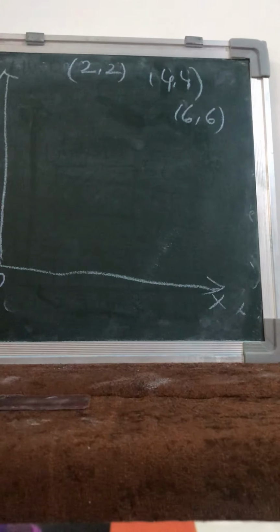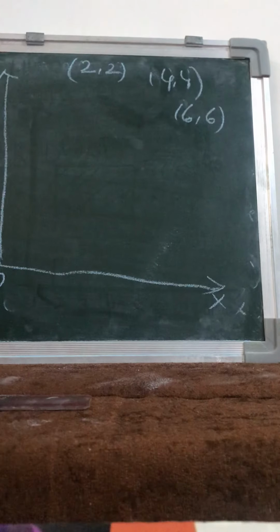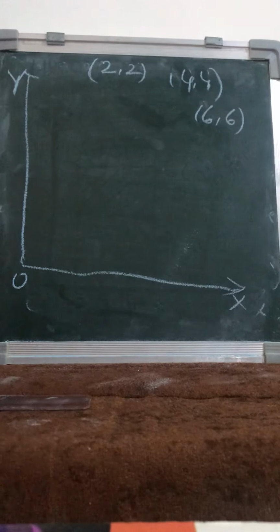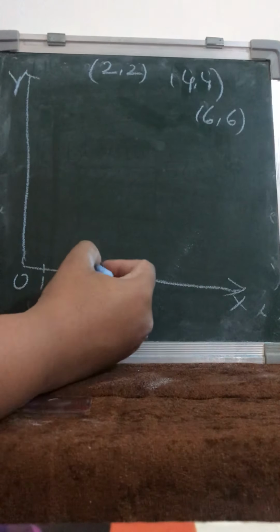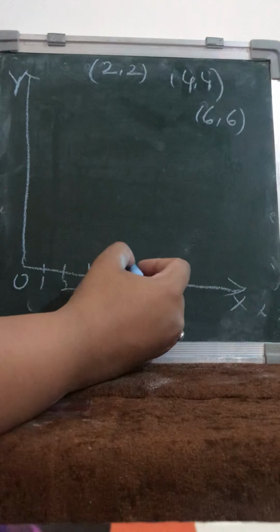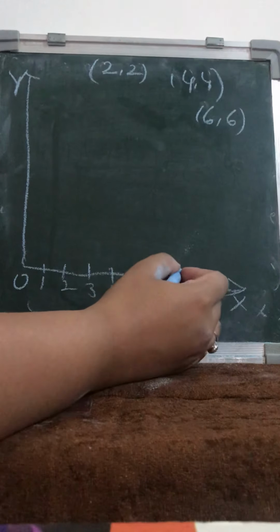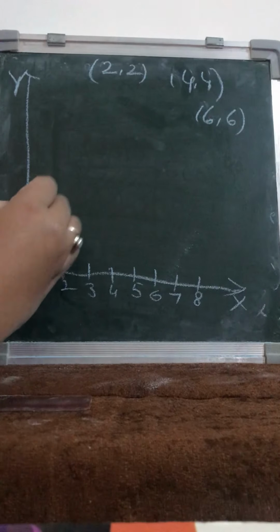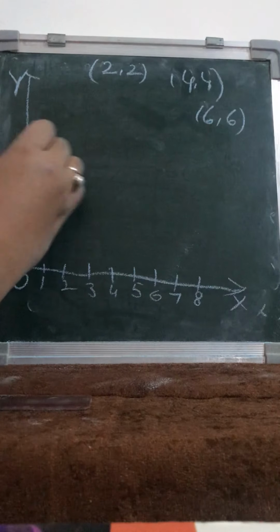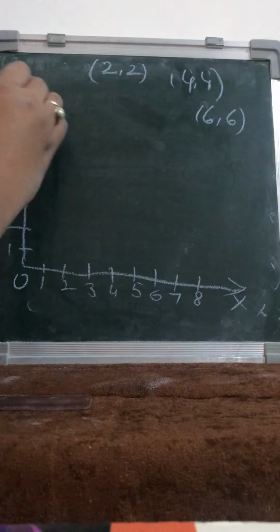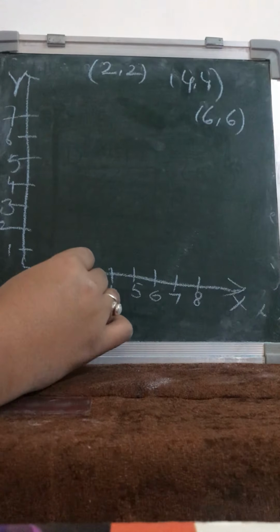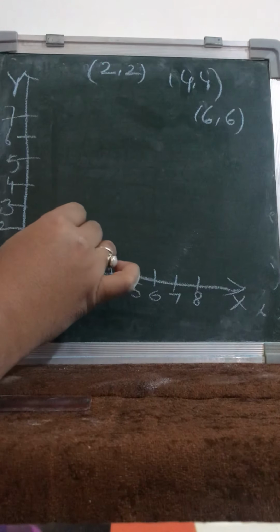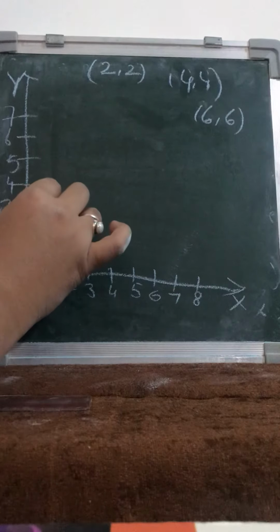So students, what we have to do is plot these points on the graph. Now you can see it clearly. So 1, 2 on the x-axis. With a scale, at 1 centimeter difference, you have to mark the points. Easy one. 1, 2, 3, 4, 5, 6, 7. Now x is 2 and the y is also 2. Again with a scale only you will be doing this, children. The point is (2, 2).